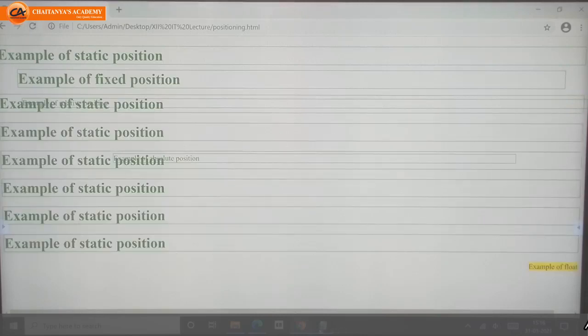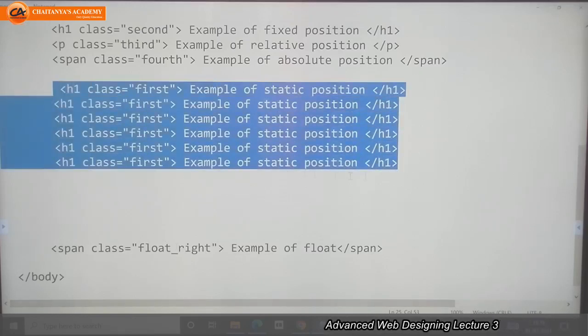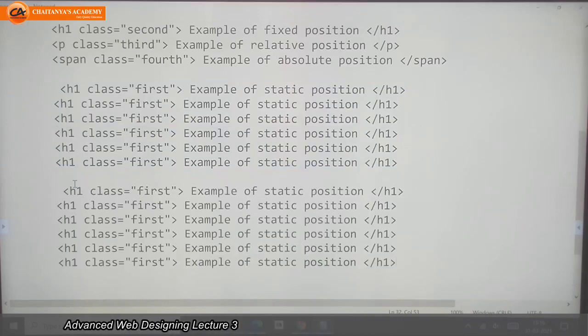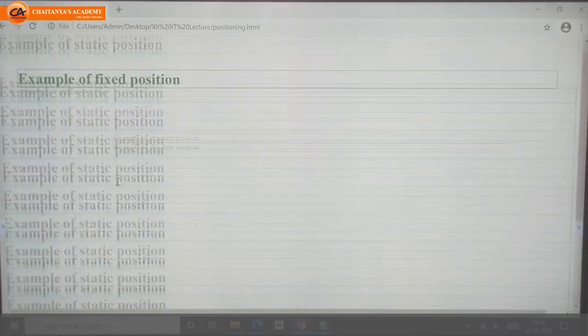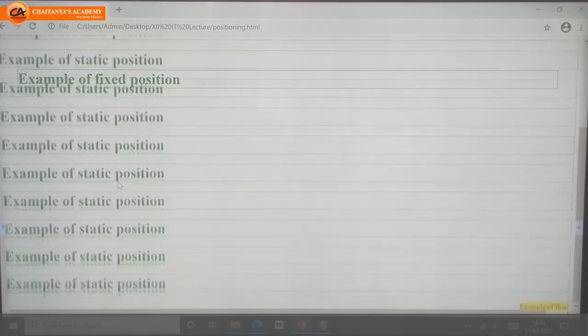I need to add some more text. You copy a whole portion and paste here. See, now I'm able to see the scroll bar and move it.